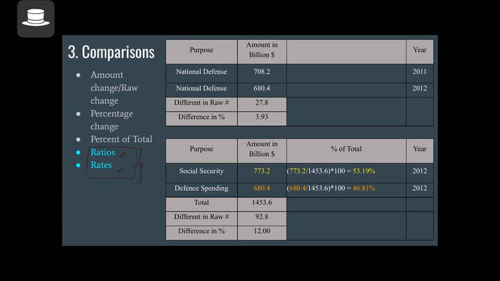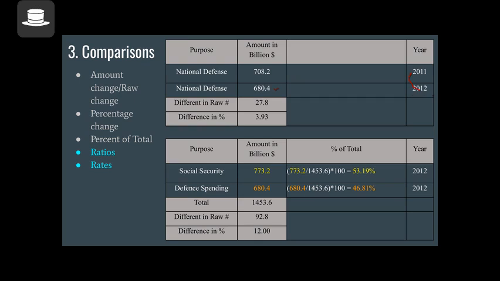Okay, so these particular numbers are taken from your textbook, and it says that in the year 2011, the federal government spent 708.2 billion dollars on national defense. In 2012, they spent 680.4 million dollars. So I think it is reversed, but anyways,